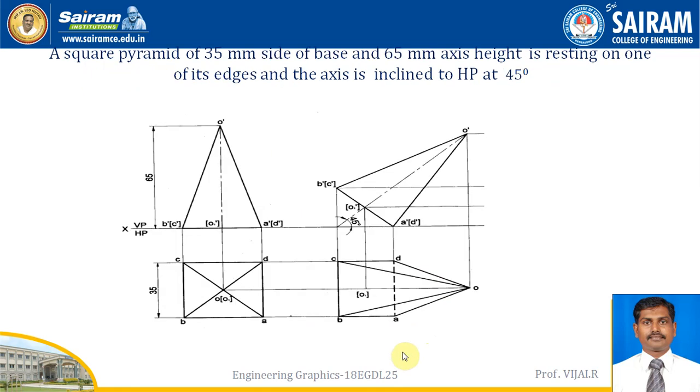So a pyramid on an edge is the problem. A square pyramid which is kept resting on one of its edges. So draw by keeping the edge this side. Keeping this side is not a matter, but this is important because we are going to rotate here, in the corner, pentagon. All these problems will come, I will tell. So it is going to be rotated here, and as I said, 45 degree, this angle we have to concentrate on, 45 plus 45, 90 degree. So rotate this and draw the top view, then it will be over.